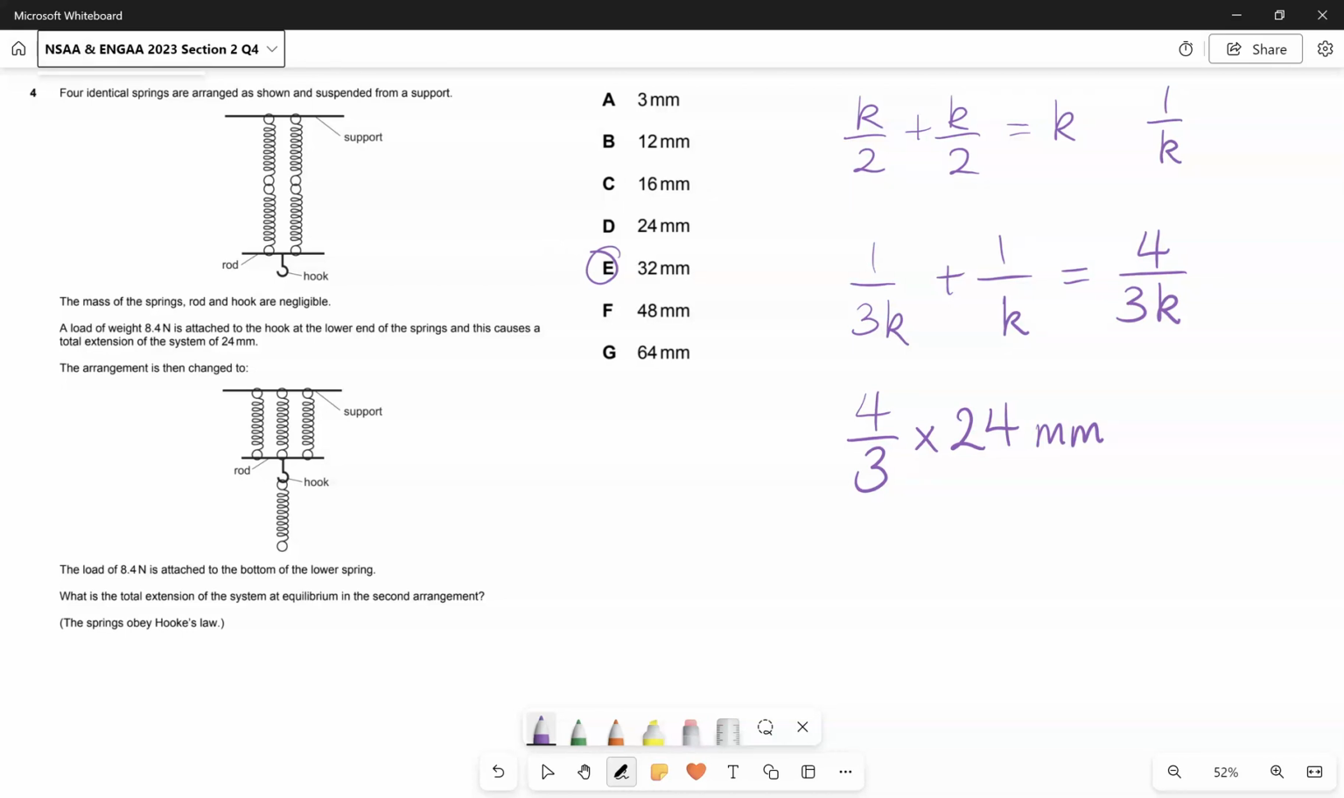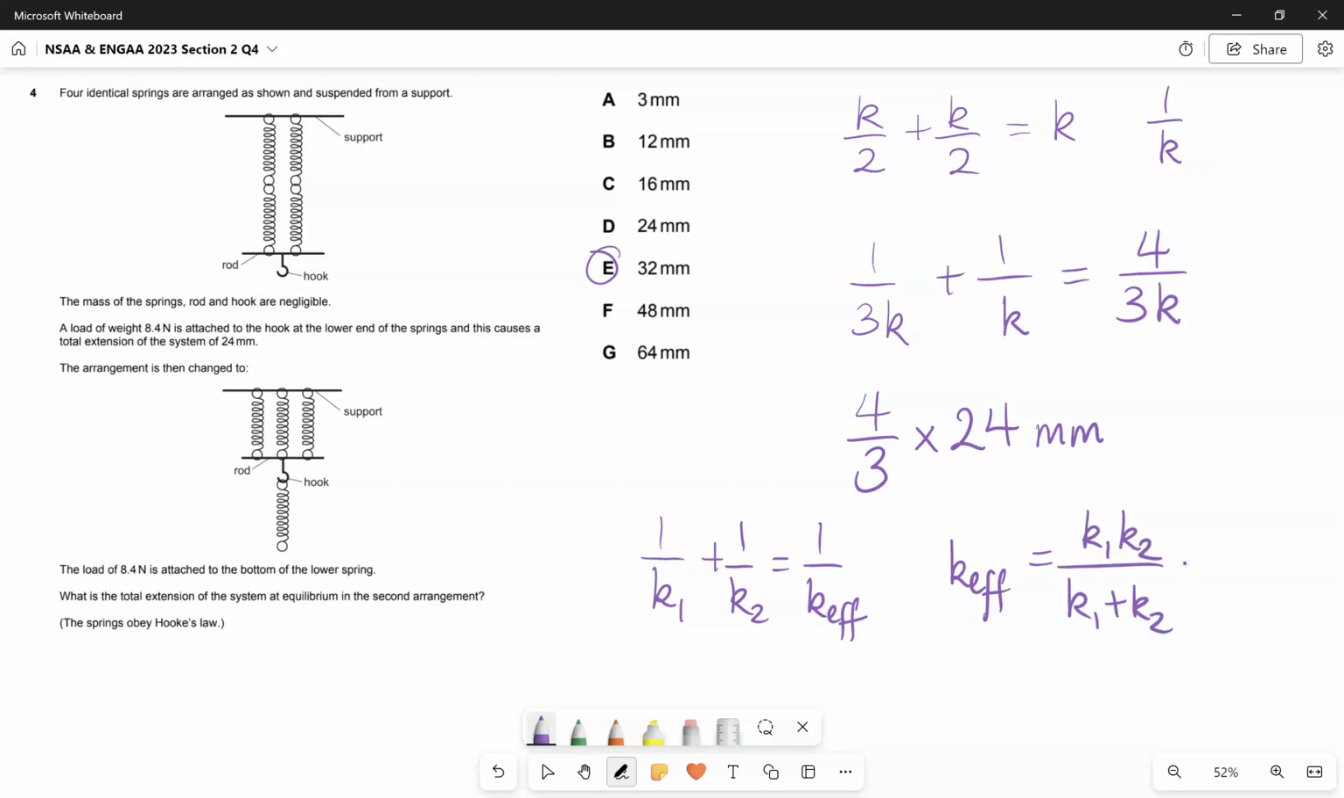Another thing to note is that if you've done resistors in parallel often, then when you're doing springs in series, you should get a similar form to what I've said before. So whenever you've got 2 systems in series, we get 1 over K1 plus 1 over K2 equals 1 over K effective. This gives us K effective is K1 K2 over K1 plus K2. This is equal to the product